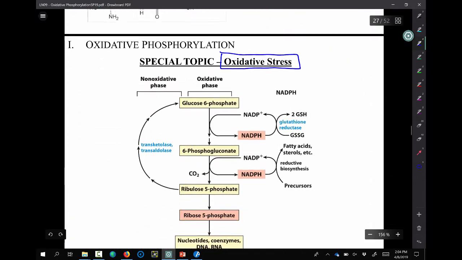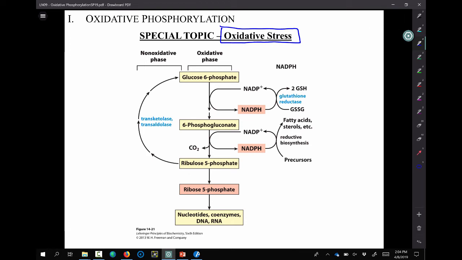If we were to move to the cytosol, oxidative stress can be a problem in both the cytosol and the mitochondria. In fact, mitochondrial oxidative stress can lead to increased oxidative stress in the cytosol. There has to be some way in the cytosol for oxidative stress to be managed as well. What you are looking at is a pathway that allows the cytosolic environment to manage increases in oxidative stress. The pathway is referred to as the pentose phosphate pathway. I'll write that down.